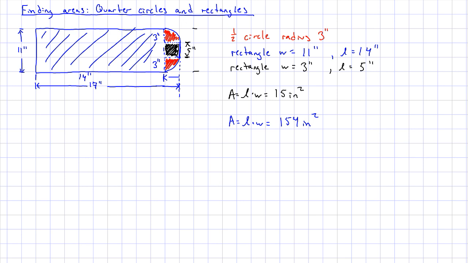And then the last thing I have to do is find this half circle. Now it's split into 2 components on the drawing, but when I'm calculating the area, I can just consider it to be a half circle. So that would be pi r squared times 1/2 in order to get half of the area. The radius of that circle is 3, so I know what the radius is. So I have pi times 3 squared times 1/2,